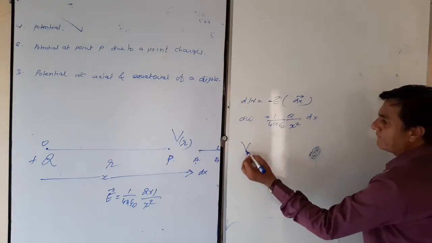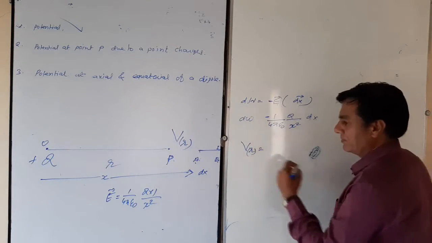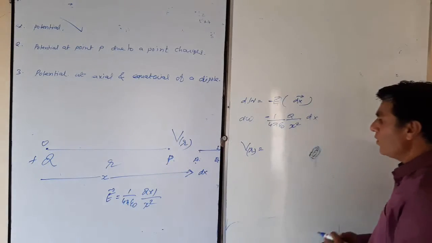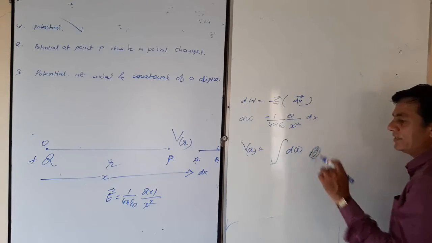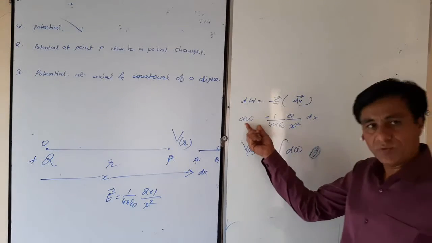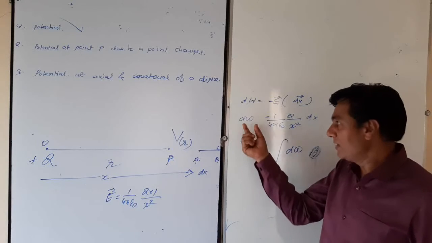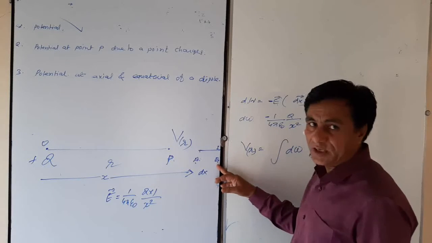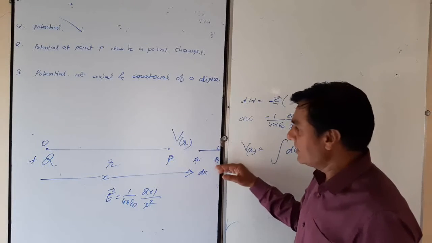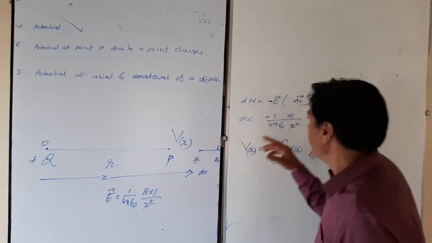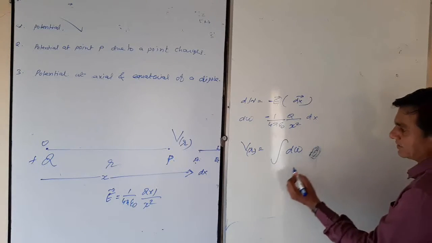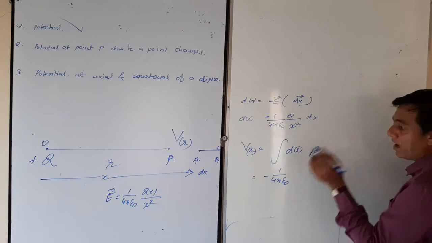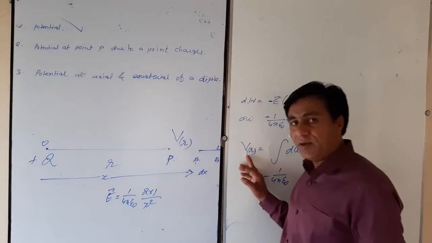Now V at R means potential at point P due to point charge. Total work done means we integrate. It is simply the work done by us in shifting a unit positive charge from point B to point A, just opposite to the direction of the electric field. So it is the amount integrated, minus 1 upon 4 pi epsilon 0, from where, according to the definition of the